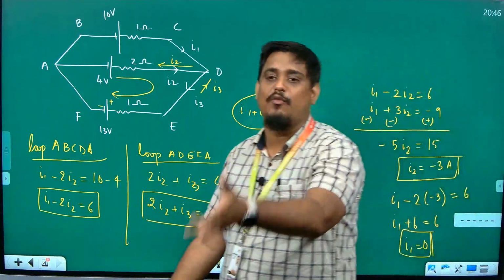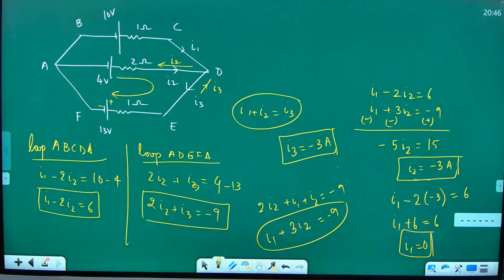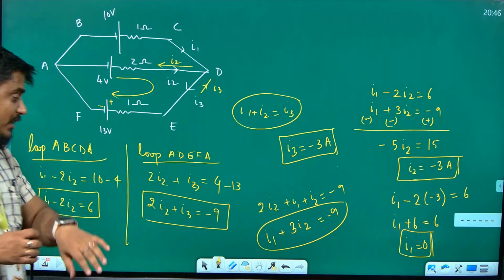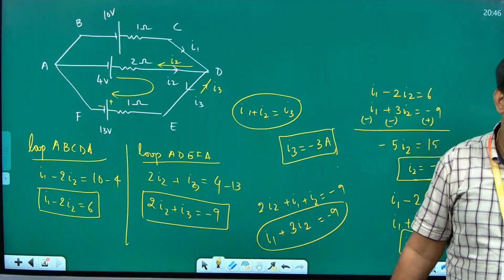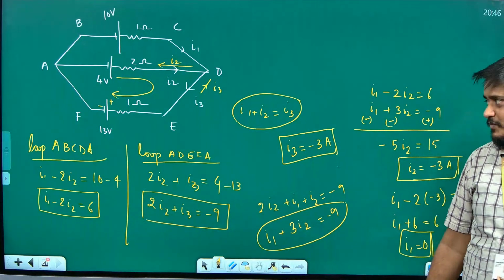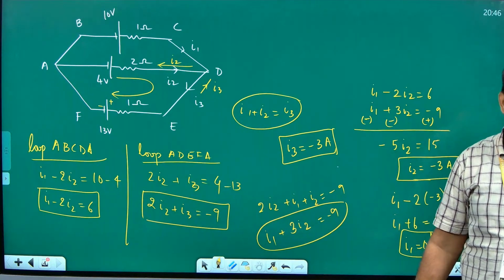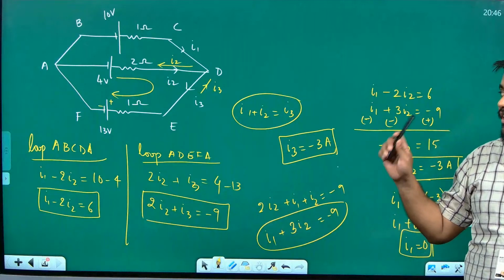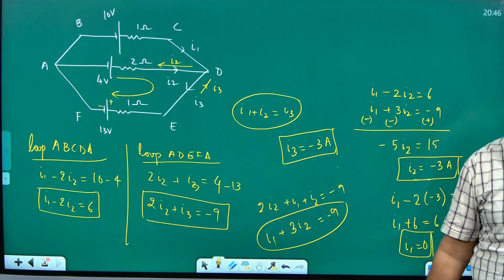Are you getting what is the meaning of this? That's how Kirchhoff law is used. So I said you don't worry about negative answers. Negative answer is just correcting your direction, nothing else. I hope most of you are a bit comfortable in this topic now. Any problem? Sir, while writing the answer, should we mention that we have taken the wrong direction? Don't write wrong direction. You can mention that the assumed direction of current is opposite to the real direction. Write that professionally.